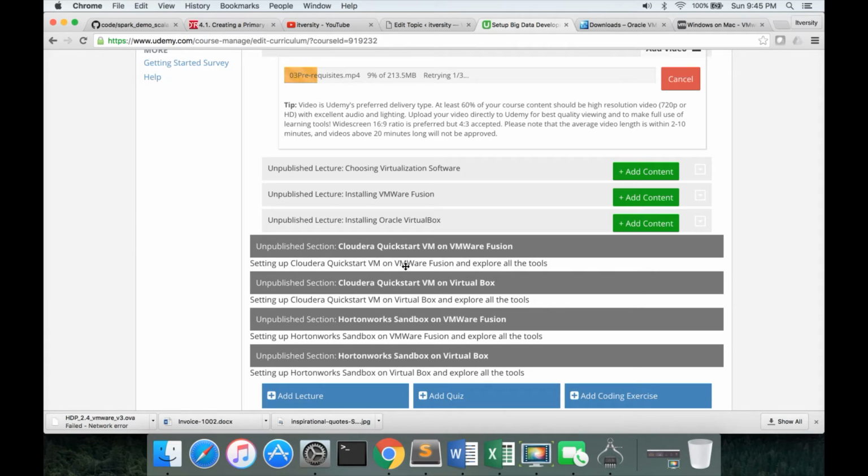Once you choose Cloudera Quick Start or Hortonworks Sandbox, if you want to install Cloudera Quick Start on VMware Fusion, you can follow this section and ignore all the others. You have to follow only one of these 4 sections. You don't need to follow everything.